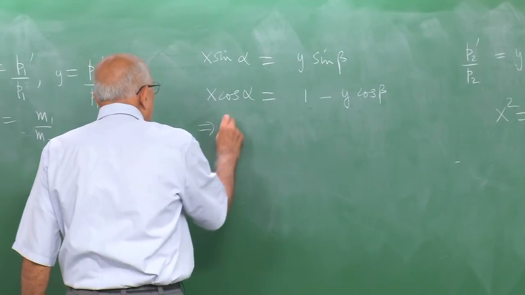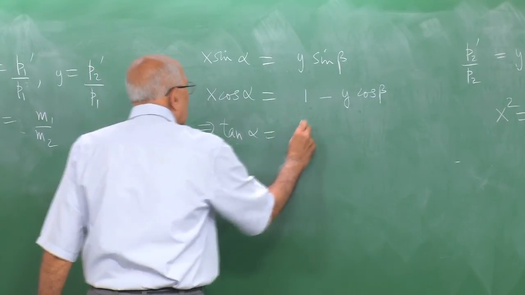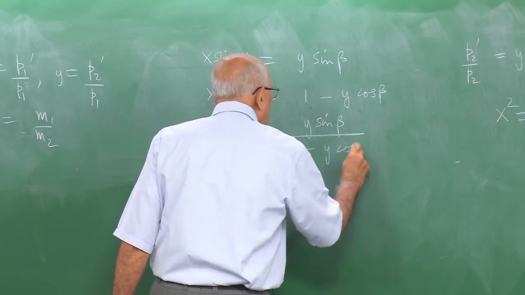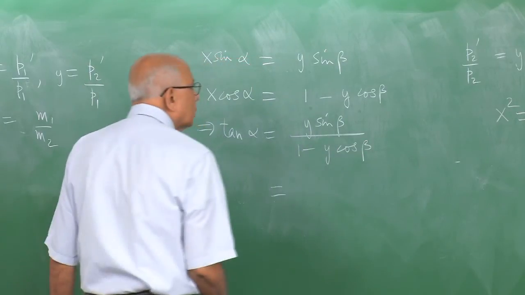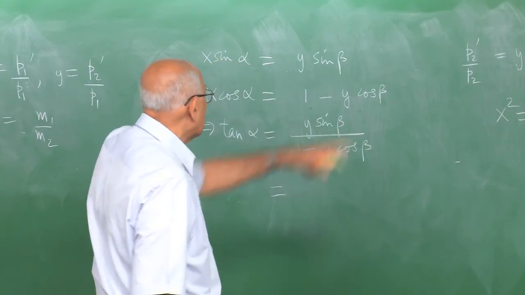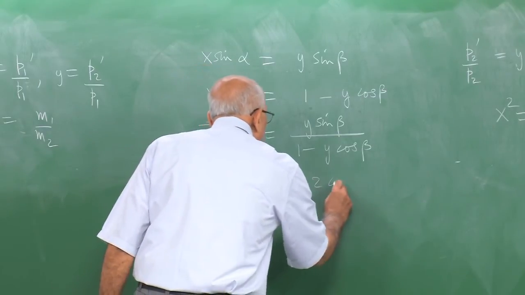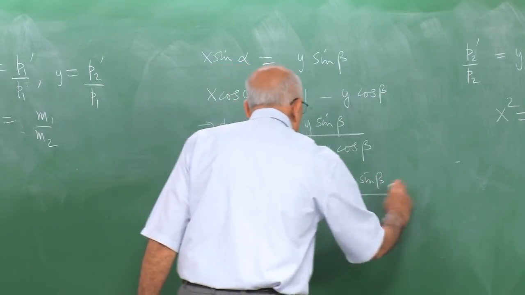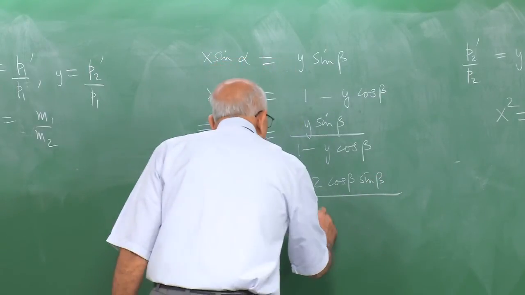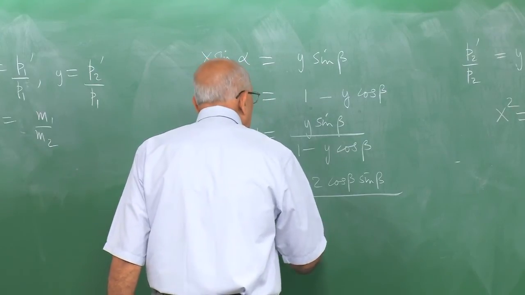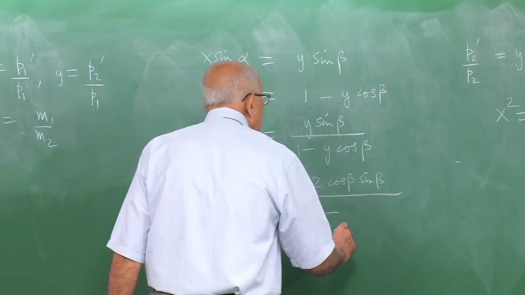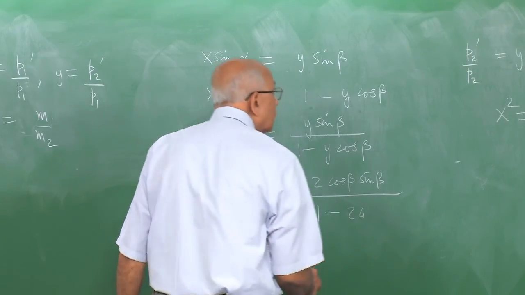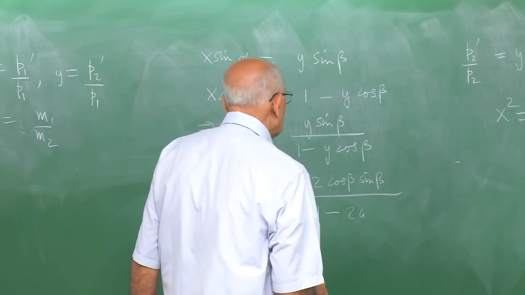So these two imply that tangent alpha is equal to y sine beta over 1 minus y cosine beta, and this is equal to, again we use the solution for y as 2 cos beta over 1 plus r, so you have 2 cos beta sine beta divided by 1 plus r, but that's going to cancel on both sides, and down here you have 1 minus 2 cos beta